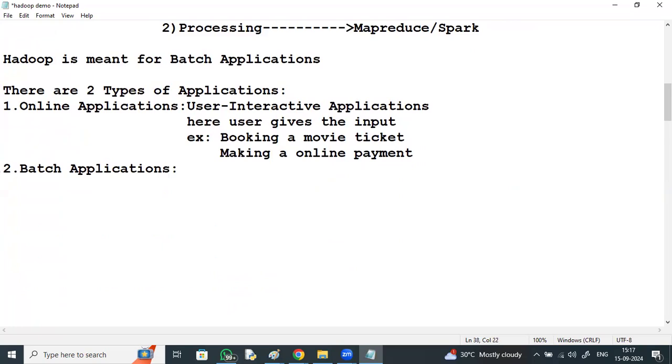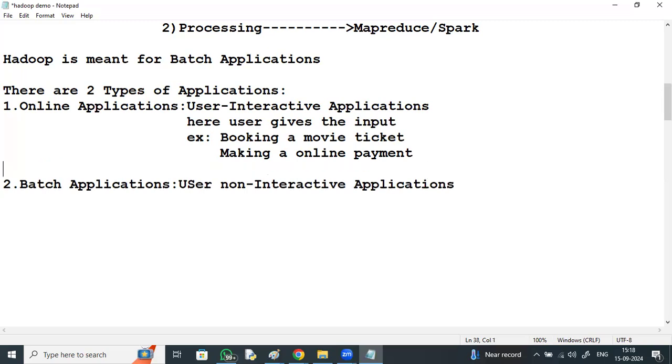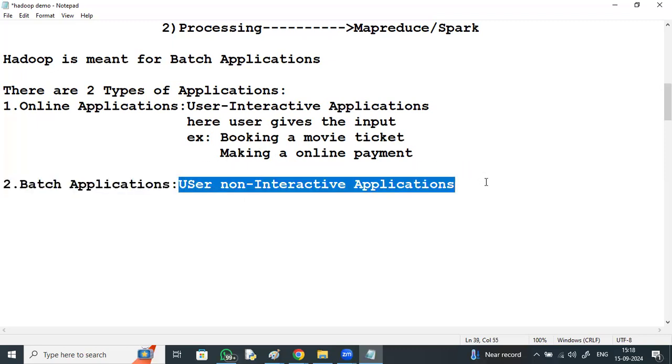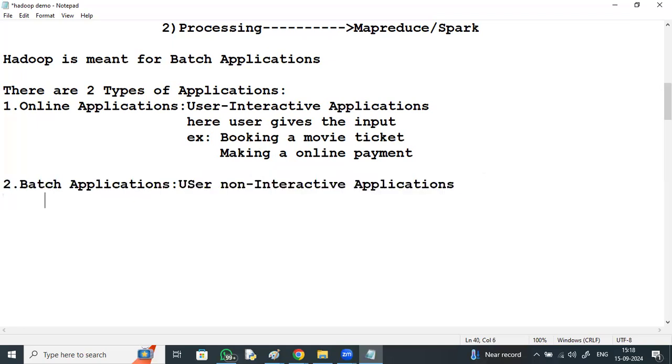Unlike booking a movie ticket or making an online payment, in a batch application the user is nowhere required.